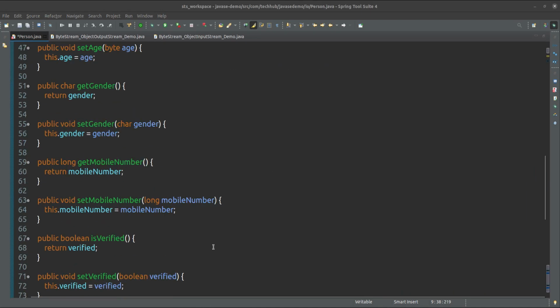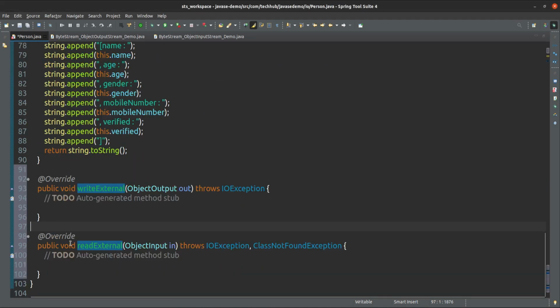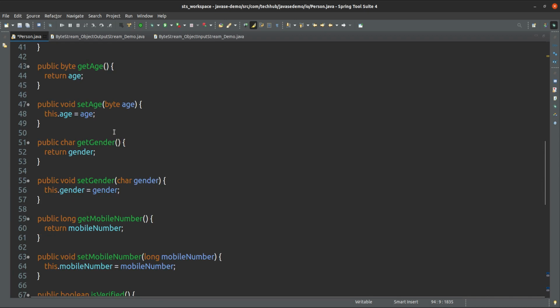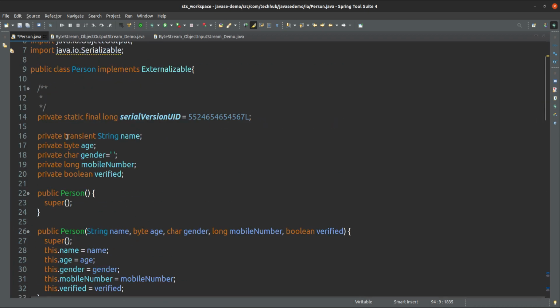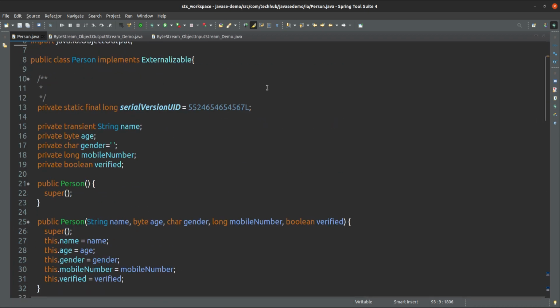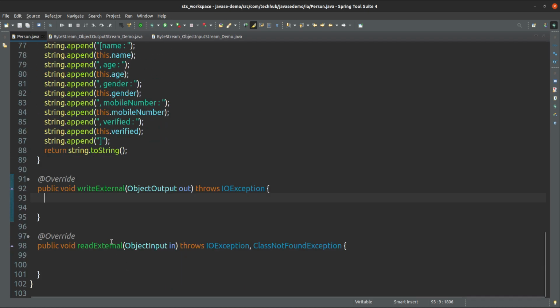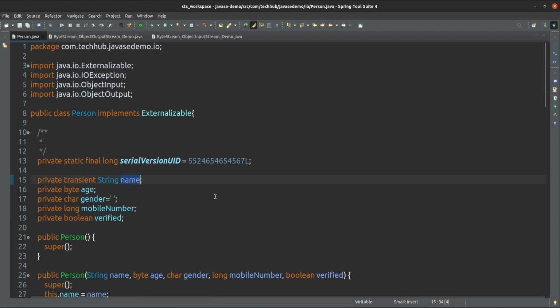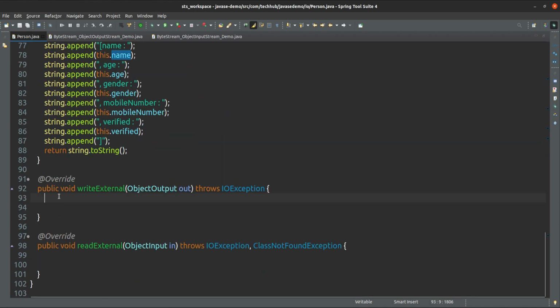Yes, so we have given this implementation here. Now we can customize. Whatever fields I want, I can serialize only those fields. Even if it is transient, I can serialize it. That is my choice.